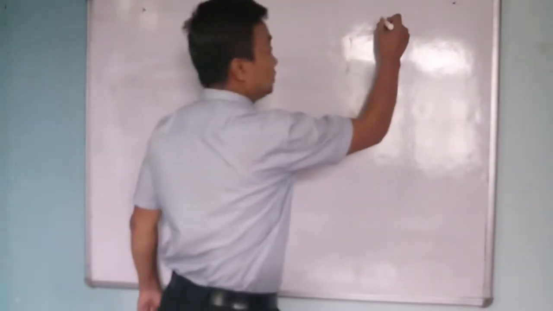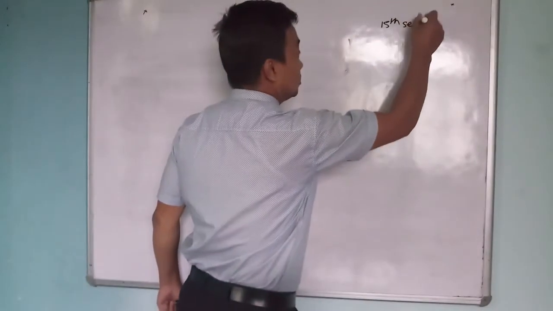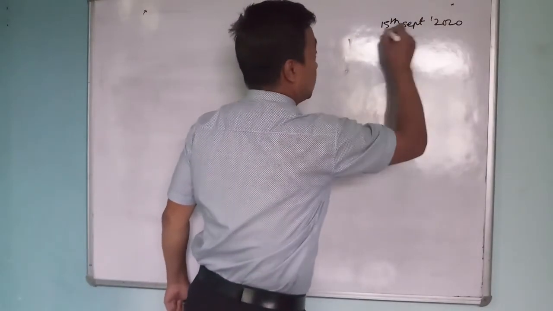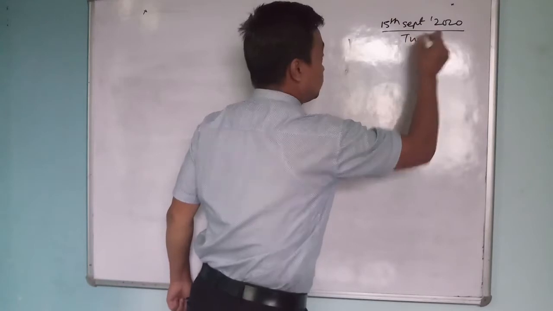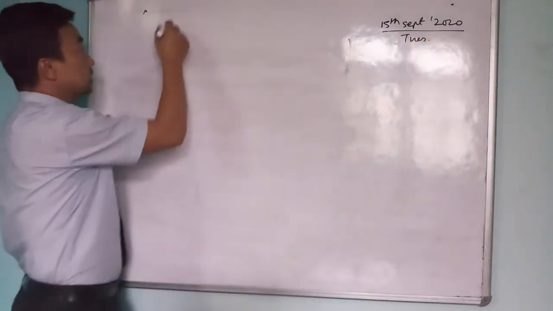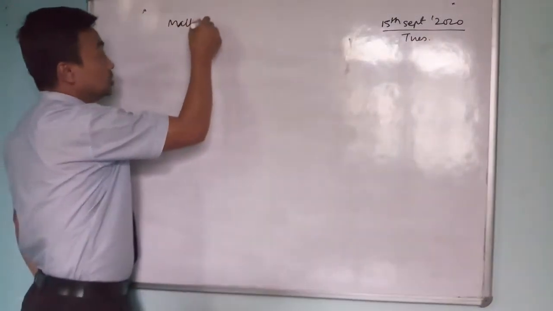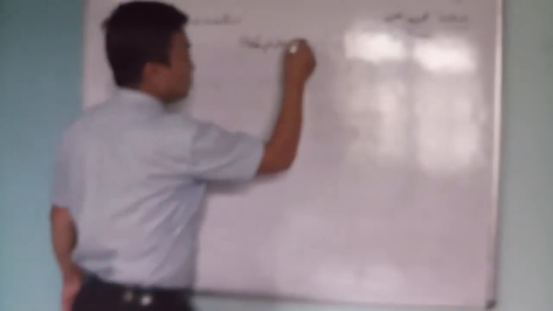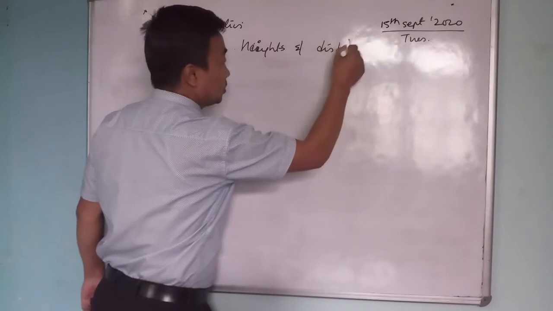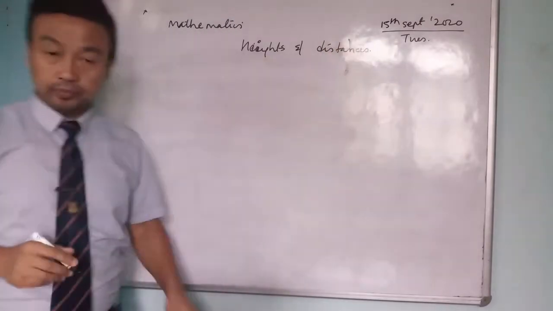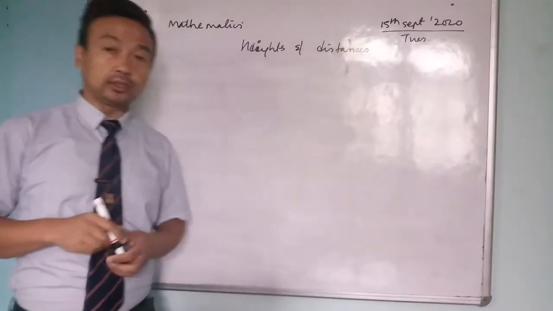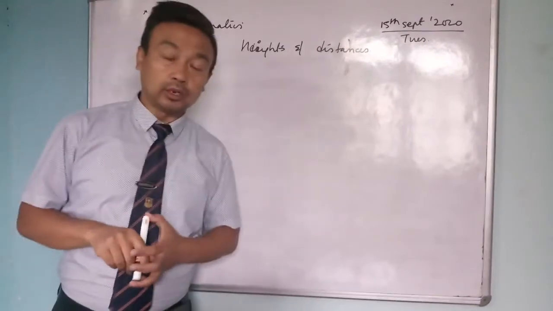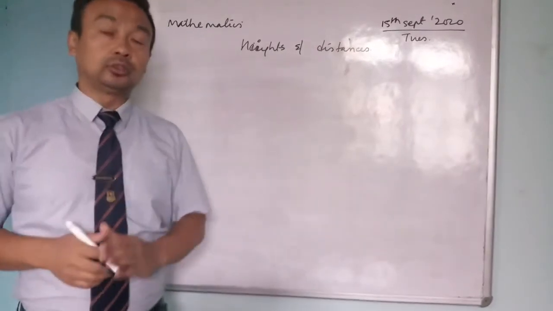Today's date is 15th September and today is Tuesday. Okay, we will be doing mathematics, heights and distances from trigonometry. In the previous classes, we had already explained what are the two points or the two angles that you